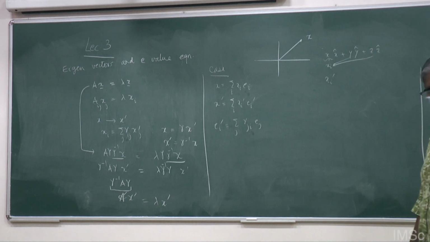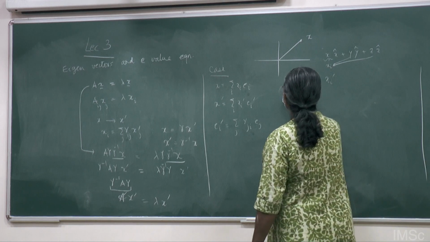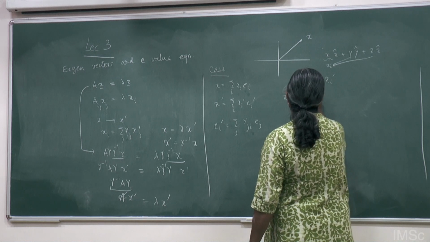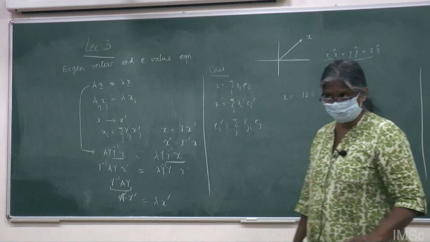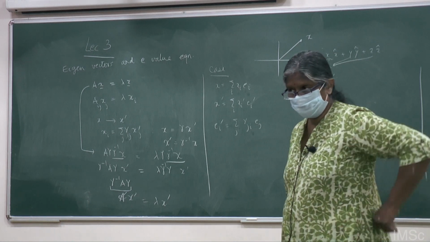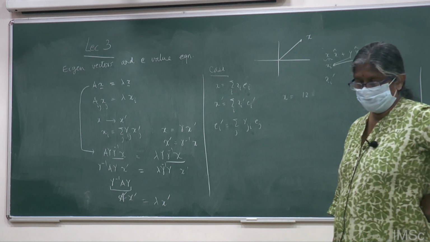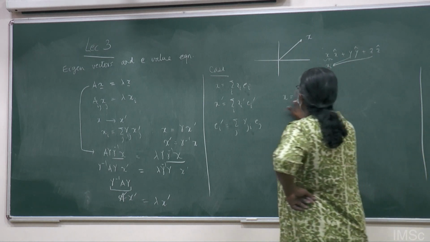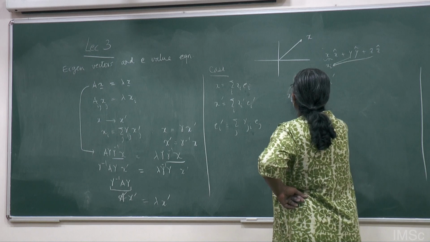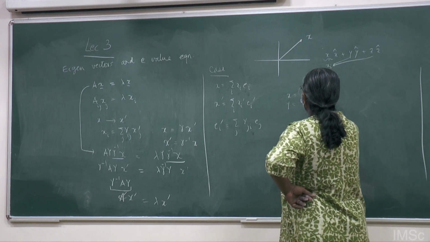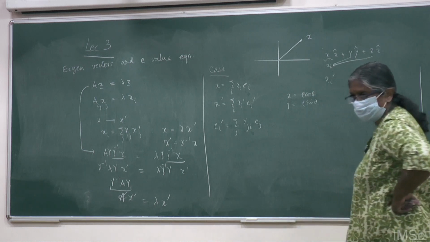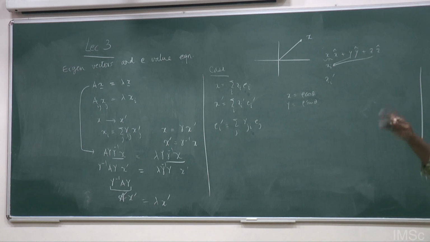What is the difficulty here? If the basis vectors transform like this, then let us take an example. Suppose I have an xy plane, then I rotate the coordinate system at an angle theta. Then you know that x is equal to rho cos theta, y is equal to rho sin theta, and you can convert into the new basis, no? You can find the transformation between them. There's a matrix of transformation between them, right?